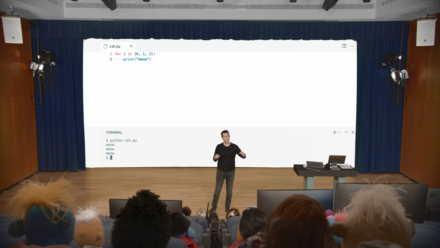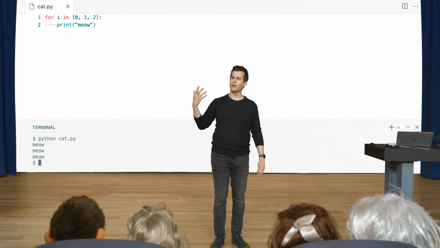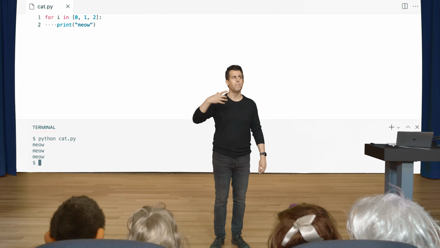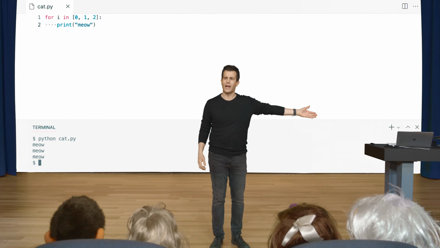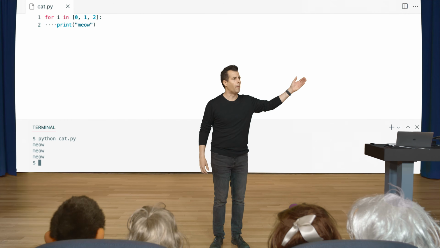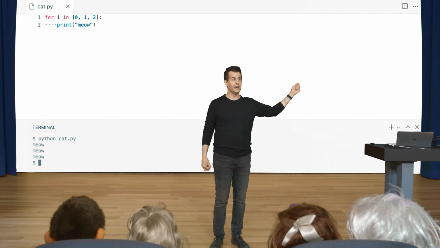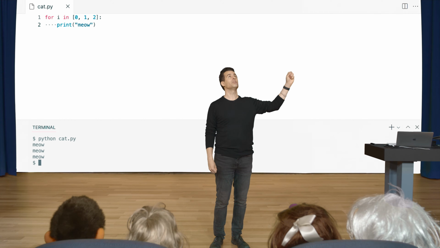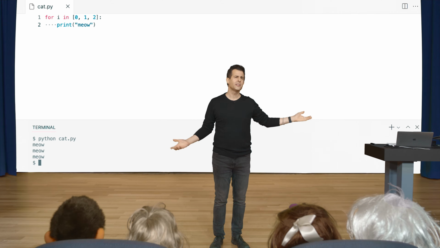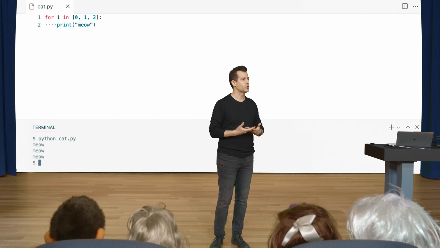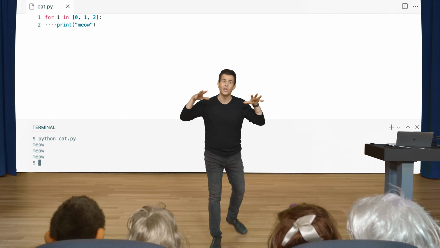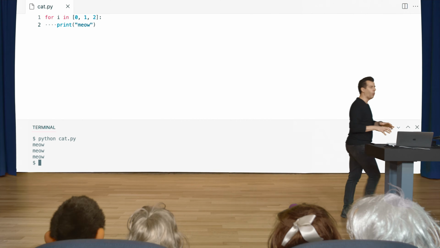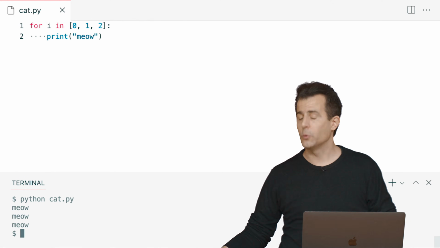If you're trying to decide for yourself if your own code is good or someone else's code is good, it might look so at first glance, but think about the extreme. Well, what if it's not 3 things? It's a million things. Are you really going to write out 0 through a million or 0 through 999,999? No, you're not going to write that many numbers on the screen. There's got to be a better way. So let's do the better way from the get-go rather than set the stage for doing something poorly.